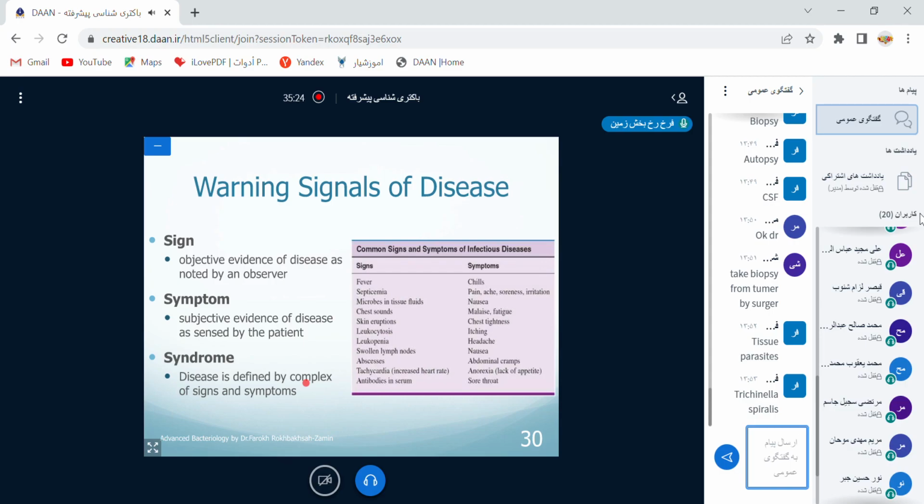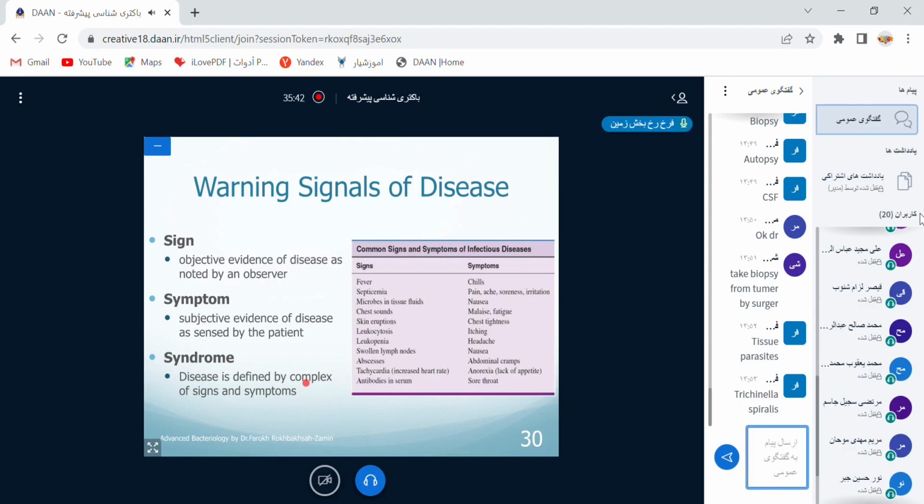So it is very critical and very important that the physician, by signs and symptoms and different equipment and different tests, understand the correct